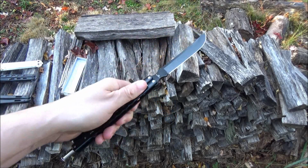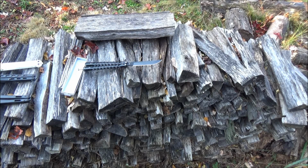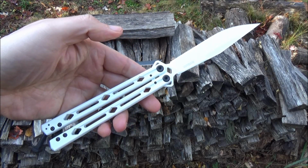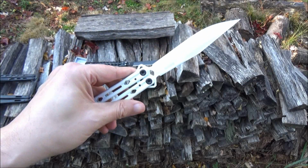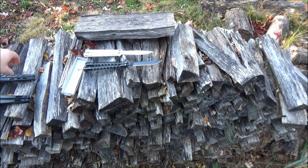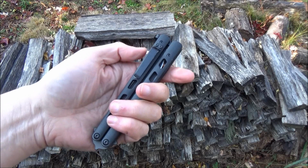All right, let's compare this to some other Balisongs, because any excuse to show a bunch of Balisongs, right? Kershaw Lucha in white. Now that's nice. Yeah, a lot more expensive, obviously. People say, why you buy that cheap Bally? Well, because I bought some expensive ones and ran out of money. Just kidding. But no, I'm thinking of my next big Balisong purchase, but until then...